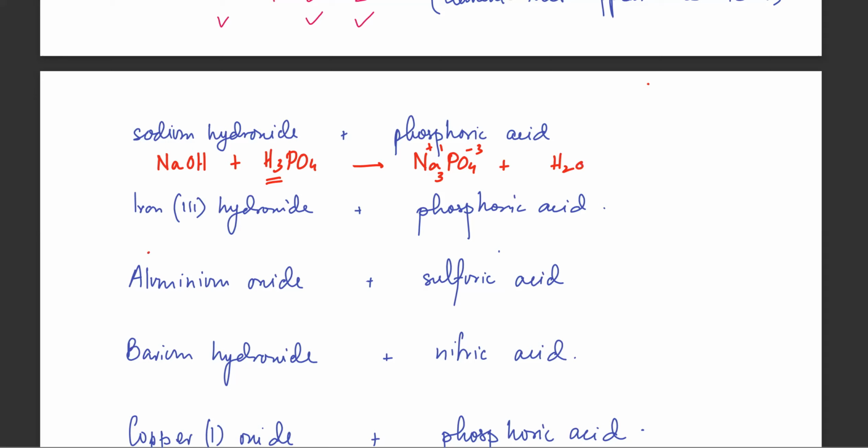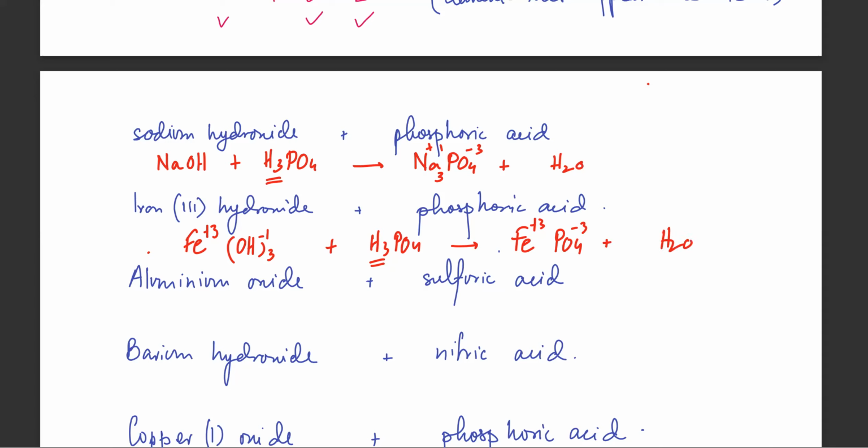It's iron 3 hydroxide. So it's Fe. Fe is plus 3. Hydroxide is OH minus 1. So it's going to be Fe(OH)3 plus, किस साथ reaction है? Phosphoric acid के साथ. अच्छा, get rid of the H, replace it with iron. So it's going to be FePO4. PO4 is minus 3, Fe is plus 3. So it's going to be, जब charges equal होते हैं, just don't do anything. It's FePO4